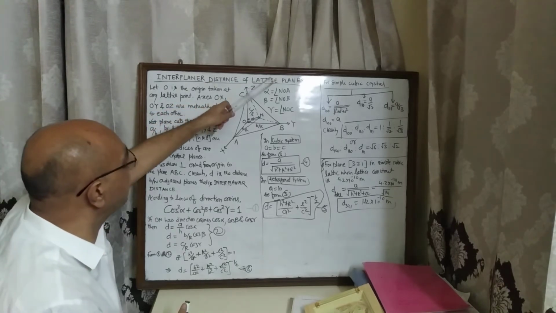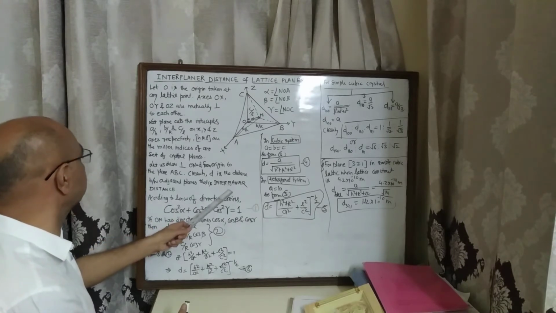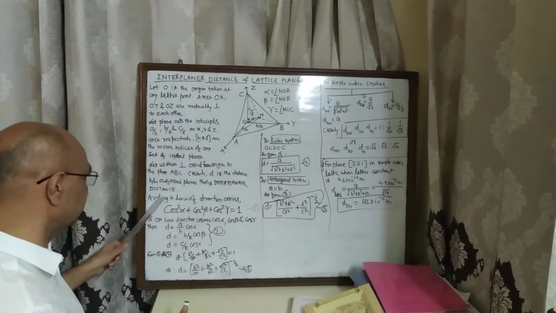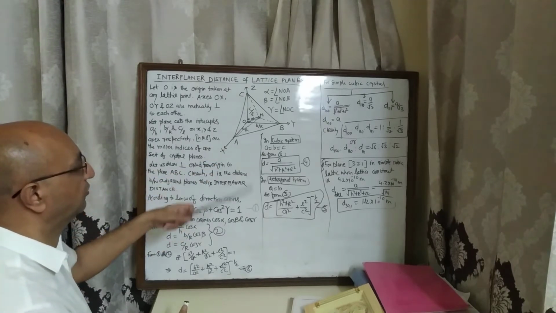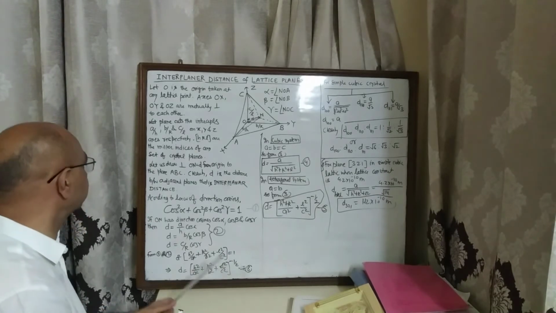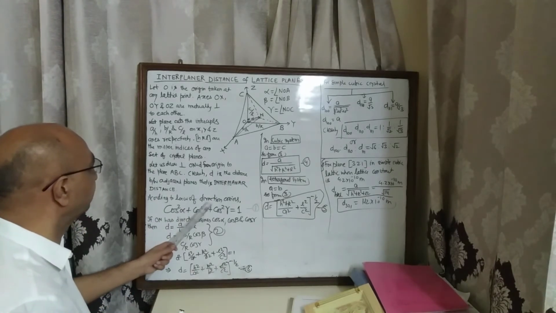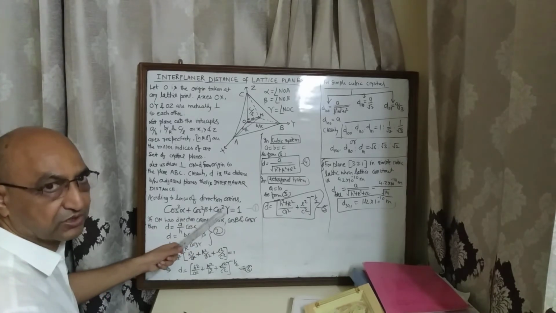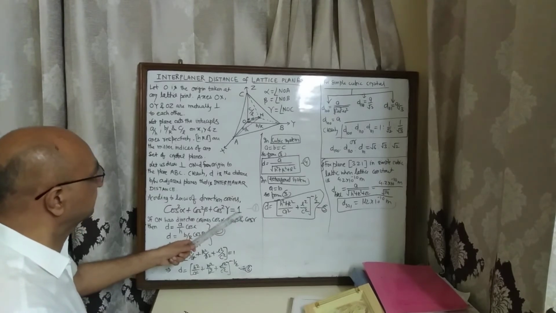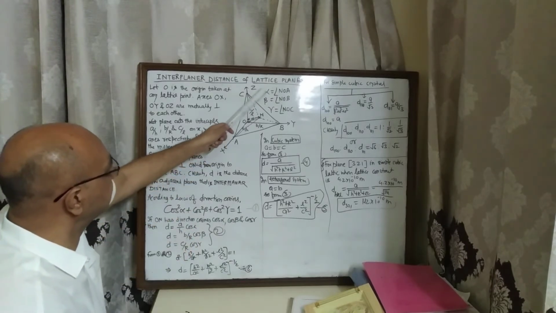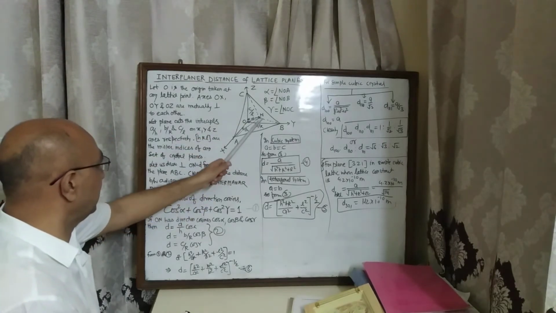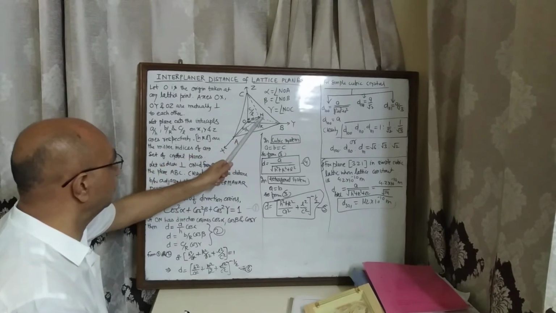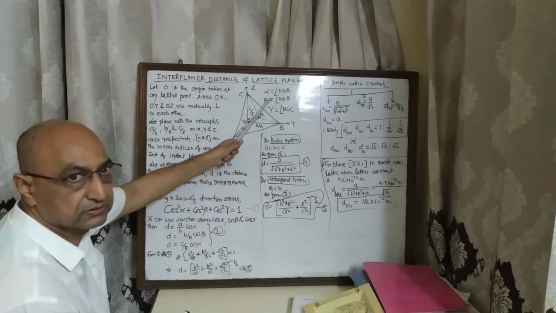We are looking for this interplanar distance. So clearly in this picture ON equal to small d is the interplanar distance. Now by our earlier knowledge of mathematics, according to the law of direction cosines, cos square alpha plus cos square beta plus cos square gamma is equal to 1. Here alpha is angle NOA and NOB is beta.